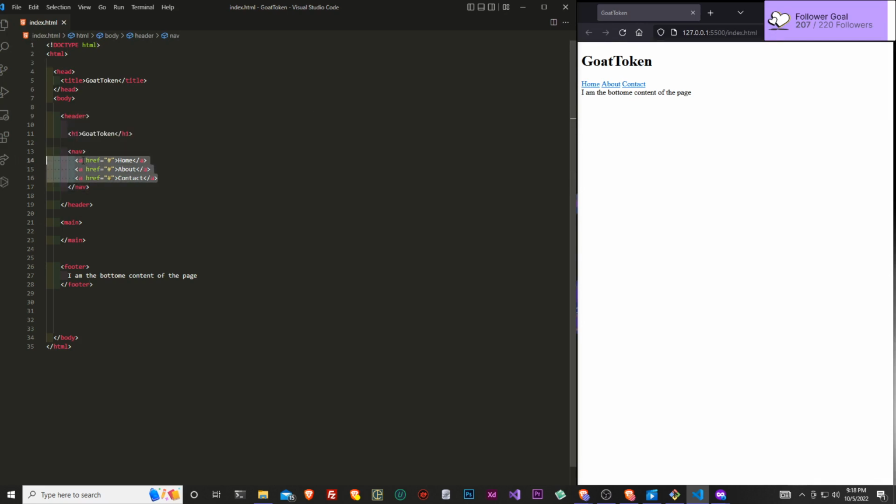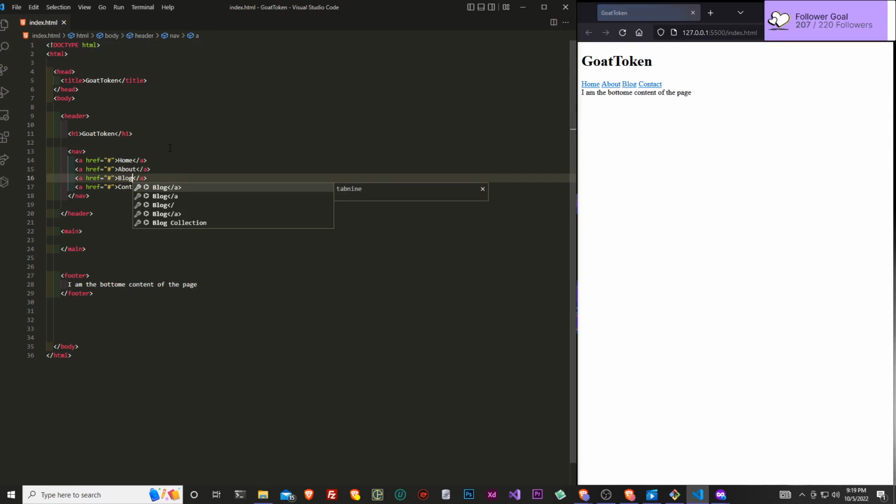Each anchor element will lead us to different parts of our website, or to different websites, or even just different sections inside of our website, which is cool, I guess. Let me add in another one, and this is going to be our blog. There we go.